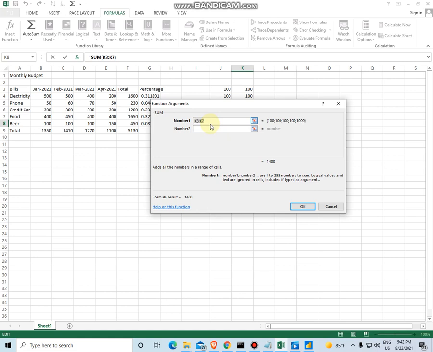This window tells you what the function does, and that part is here: this function adds all the numbers in the range of cells. The next thing it tells you is what those arguments mean: what is number 1, what is number 2. And it explains that logical values and text are ignored in cells, included if typed as arguments.